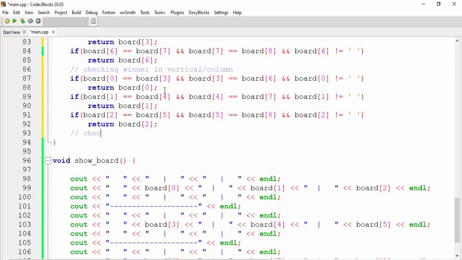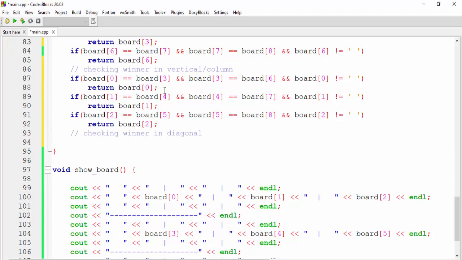Now here we'll say checking winner in diagonal. So here we'll check the winner diagonally, okay, in the crosswise.